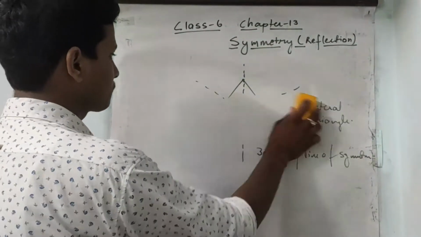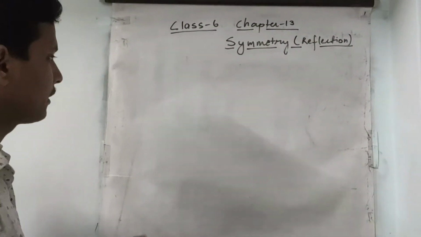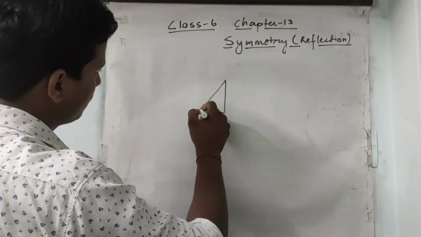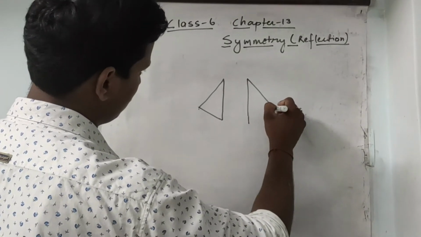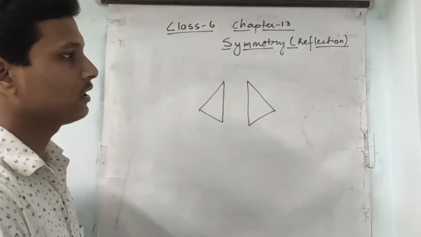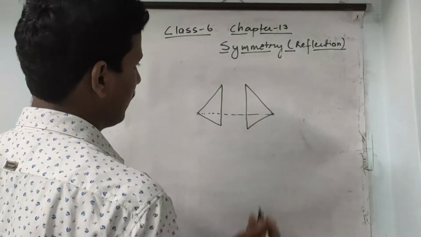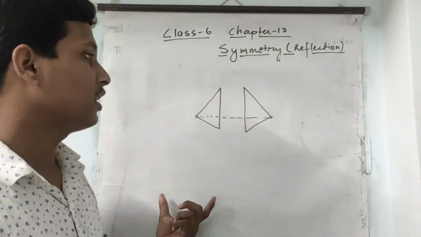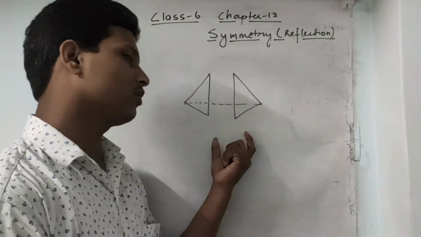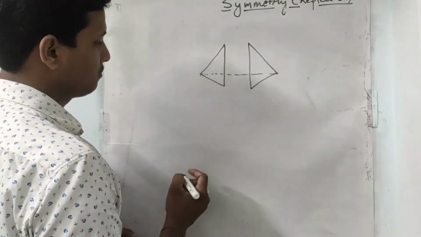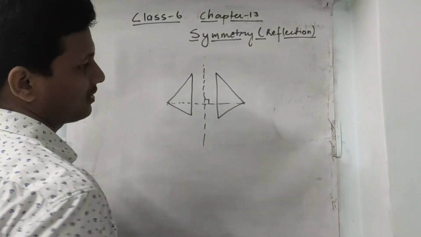Suppose a figure is given and you are not able to understand where to draw the line of symmetry. Suppose this figure is given like that, and another figure is given like that. Both are identical to each other. Where do we draw the line of symmetry? Take the initial point and make the perpendicular bisector. Perpendicular bisector means the line that divides the particular line into two equal parts. Bisector means two equal parts. So you can draw the line of symmetry from here, at a 90-degree angle. That is a perpendicular bisector.